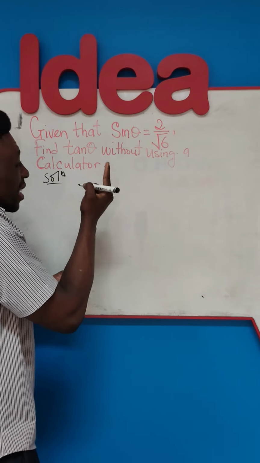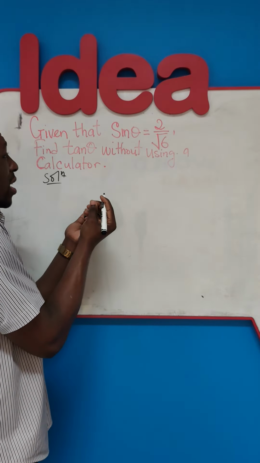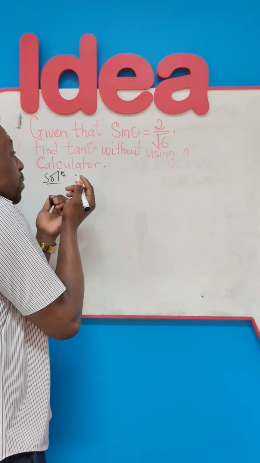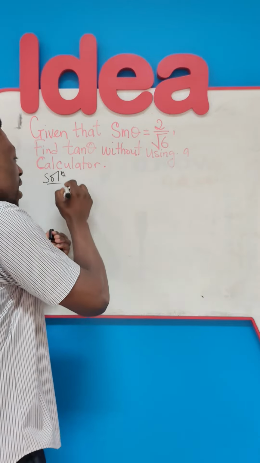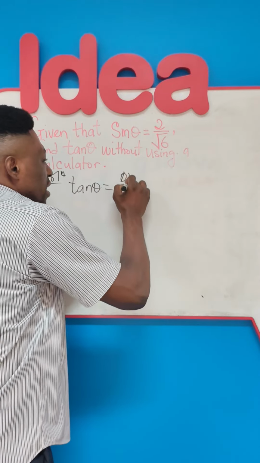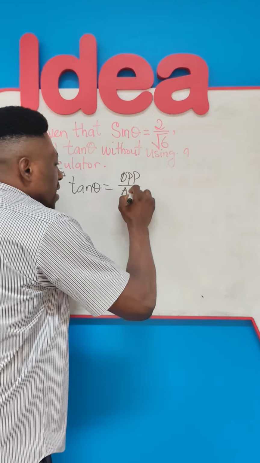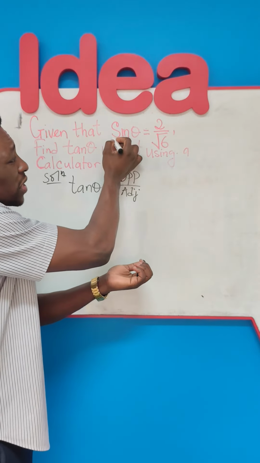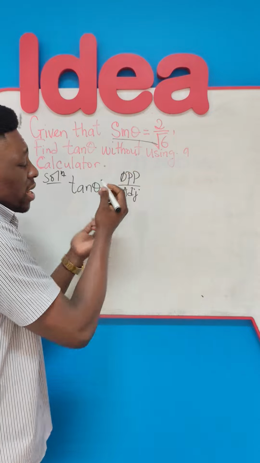Solution. Let's start by writing the formula of tan theta. It means which trigonometric function enables us to obtain tan theta. Tan theta, by definition, equals the opposite all over the adjacent. All right. The next thing we will do here is to represent what we have here in the form of